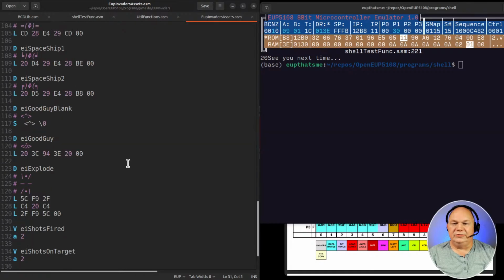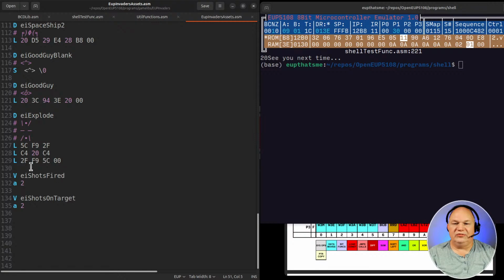So let's see. Here's our little good guy character, etc. There's what happens when something explodes. And here's our shots fired and shots on target that we originally used. And, I guess it is 2 bytes. That's 65,000 shots. I don't think we're going to go through a game using more than that. But let's go ahead and create another one,